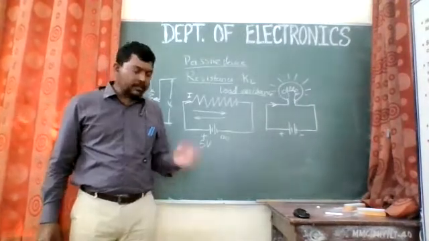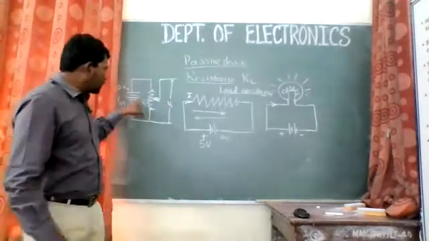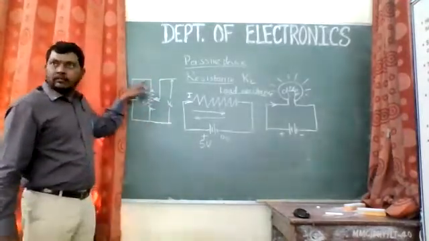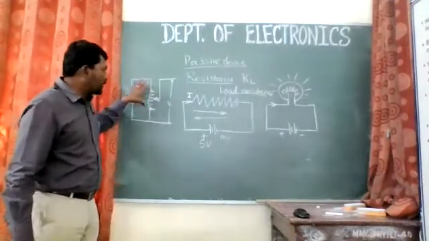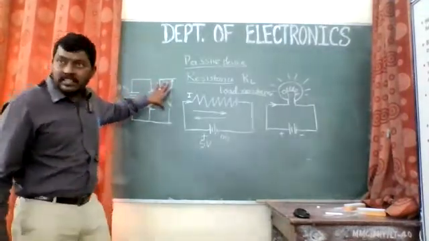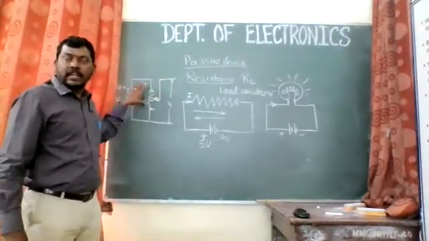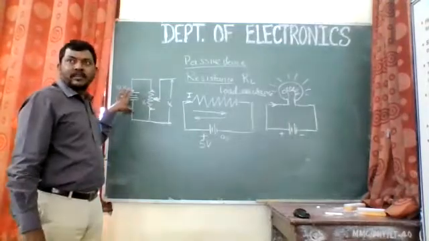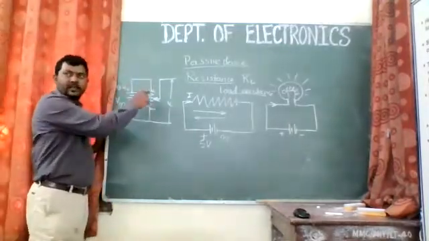In series with the battery, yes, we can connect resistance in series with the battery. Actually, this is connected in series itself. But while measuring, what we are going to do, we are measuring across this resistance. We are measuring a voltage across this resistance. That's why it is coming in parallel. But if you see, it is in series.